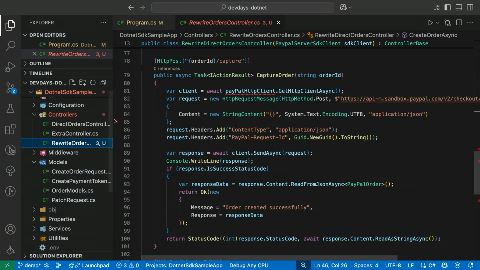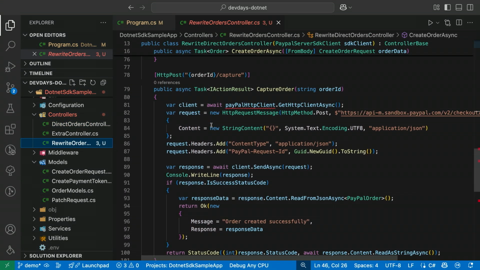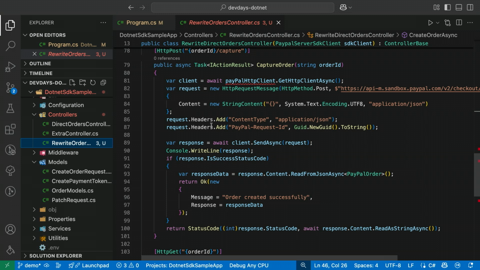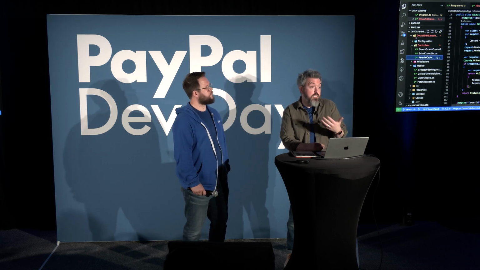But when we moved to our rewritten controller, you can migrate as much or as little at a time as you want to. So maybe you test it out with something less complicated, like just plug in the get orders request and see how that feels and see if we like the models, see if that's quicker. But you don't have to disrupt any of your endpoints that we might not support yet,